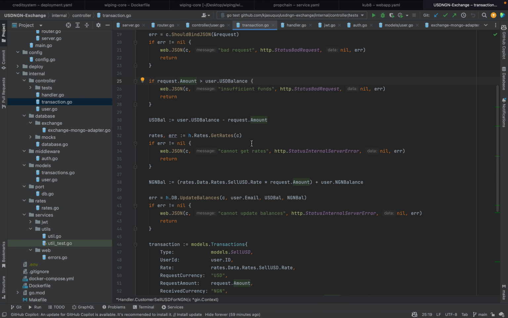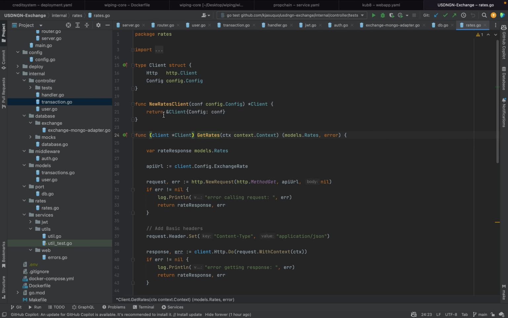And thereafter, if that passes through, you have to find a way to subtract the amount you want to transfer out from the balance you already have in your system. And yeah, just have that one aside, and then you have to get the rates, so that you can do the proper calculation. So let's get the rates. All it takes is the context here. Let's get down there. We have already explained how this returns this client for you to initialize